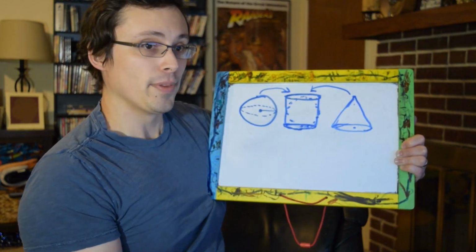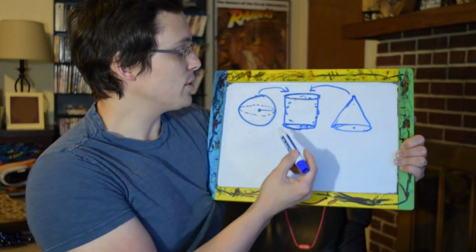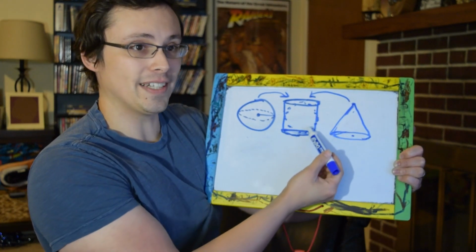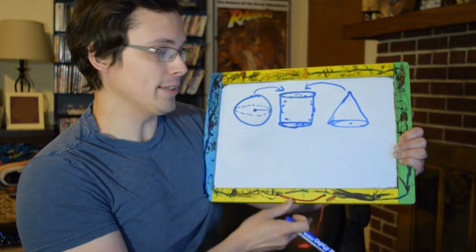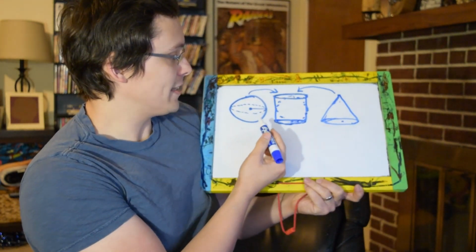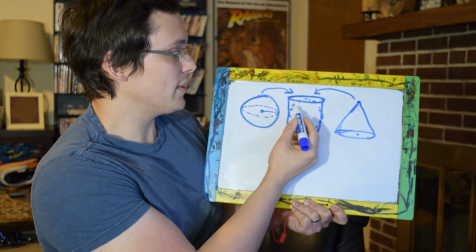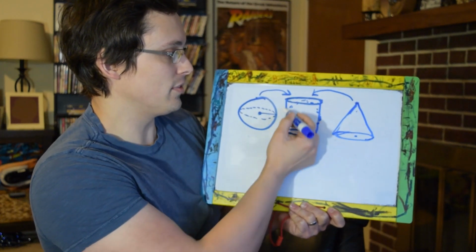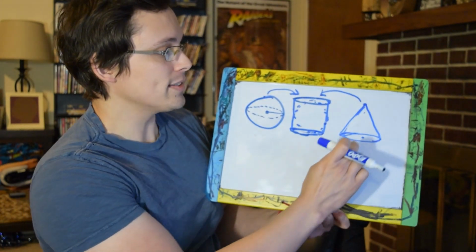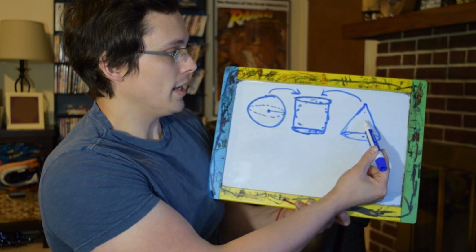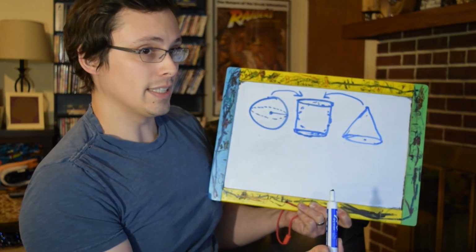And here's what's kind of cool. If we poured in the sphere and the cone together, they're actually going to fill this cylinder up perfectly, 100% together, which is kind of amazing. And then the other neat thing is that if you just did part of them, this sphere is going to fill this up exactly 2/3 full, and this is going to fill up the other 1/3, which then also makes the volume of the cone exactly half the volume of the